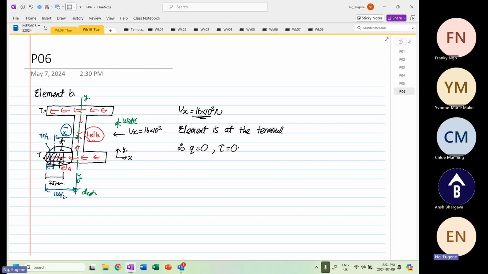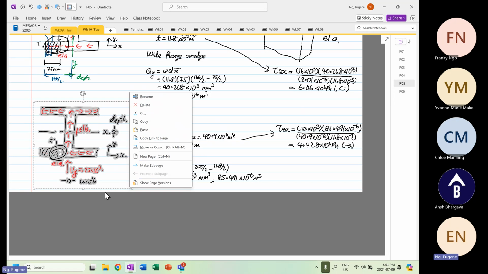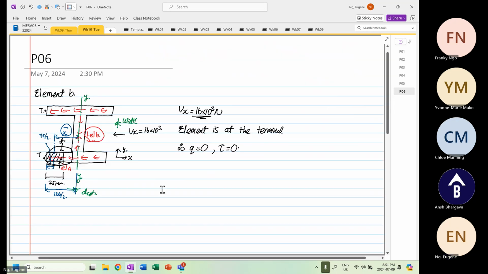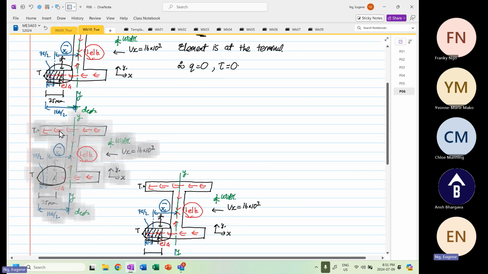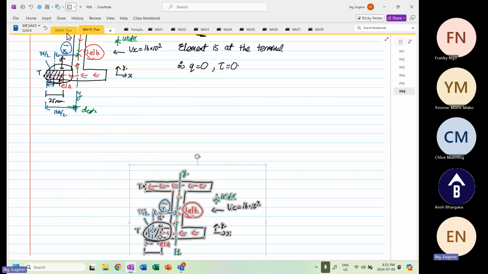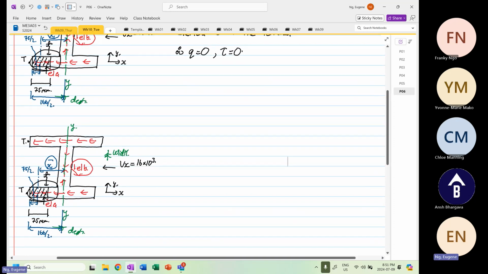So the next one, we're going to look at Vy. And you have to be really careful down here. Vy is not equal to 0, because Vy will be at its maximum value. So from here we go over here. So Vy, right? So now,